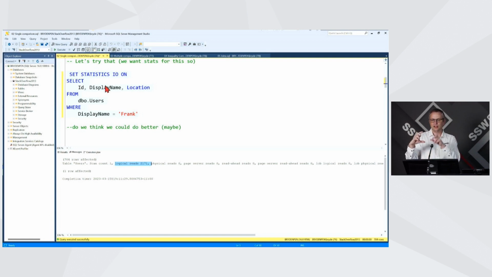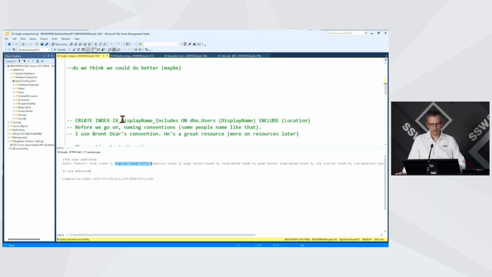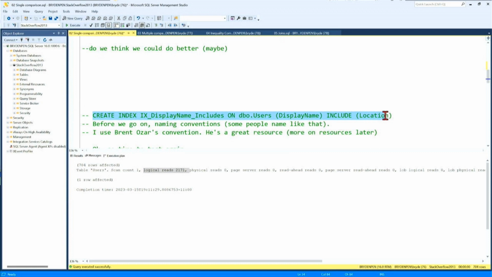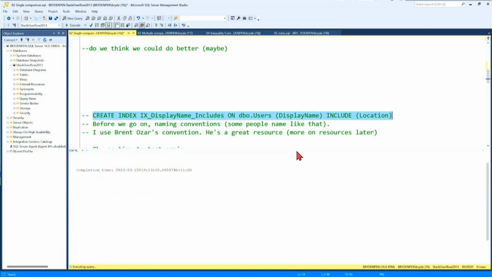Another key thing is the index will then have the ID column, which is the primary key of that table. So we'll have that in there. And then it's got to go back to the main table and read all the locations out. So that says to me, if we'd had the location in this index, we wouldn't have had to go back to the main table, and that would be more efficient. So here's how you do that. You can include columns in an index, and that means they're stored along with the index, so you don't have to go back to the main table. So if we execute that and create that index,